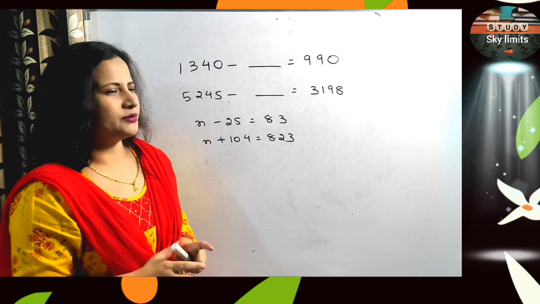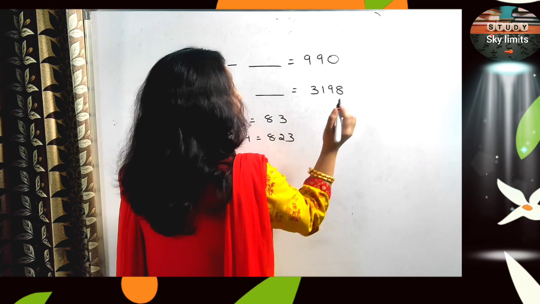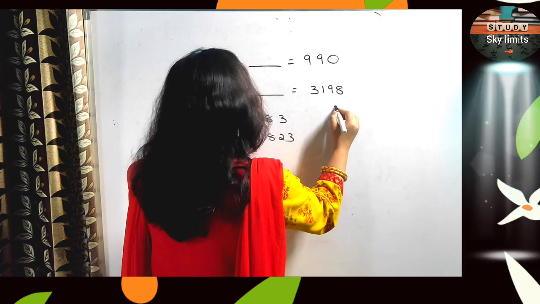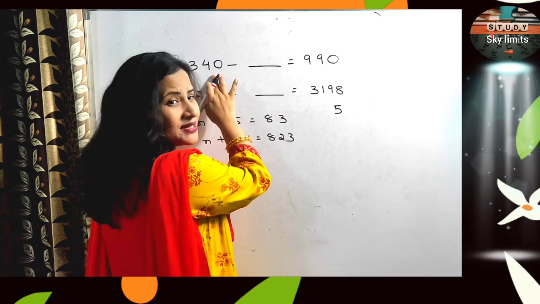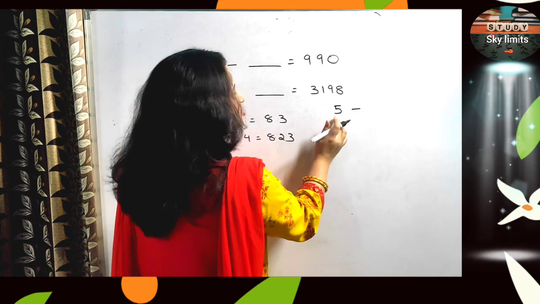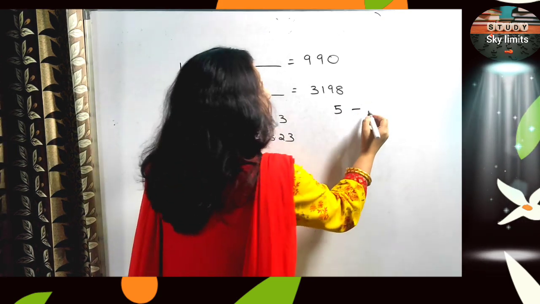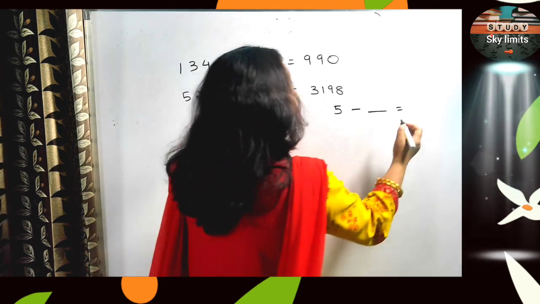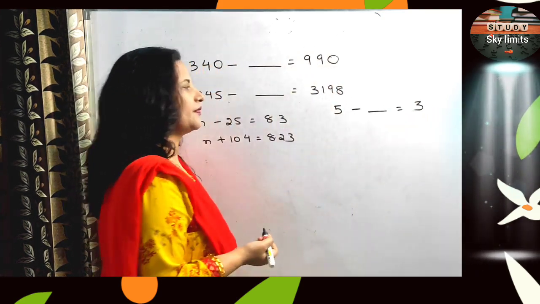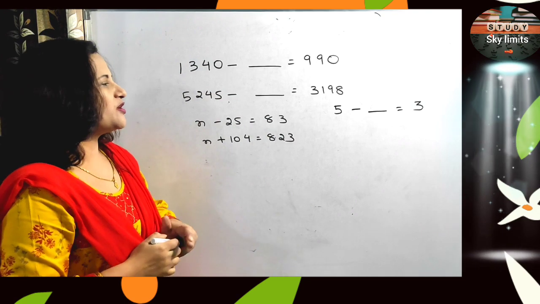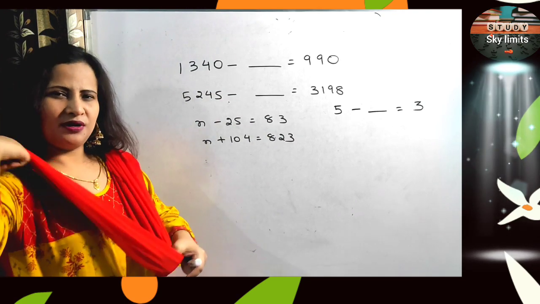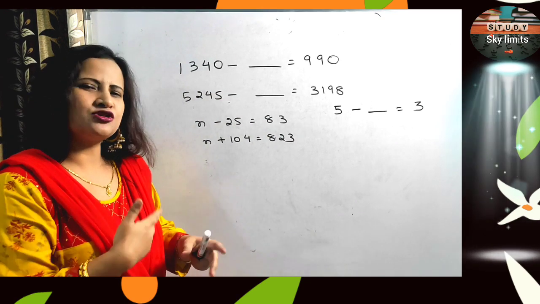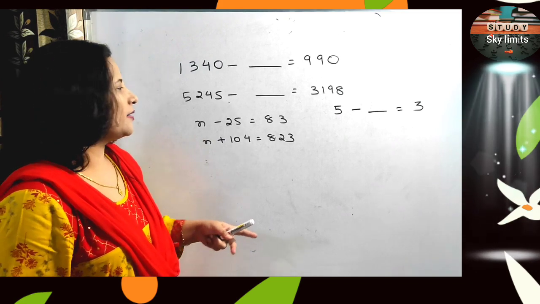Just think of a smaller number, okay? Just think of a very small number, like 5. Now the minuend is given to us. Take in place of the minuend any small number, minus what? And something, 5 minus something will be less than 5 only, obviously. So suppose I write 3. I write here 3. Understand the question in this manner. It will be more simple for you now. Once you learn the equations, you can solve by the equation method. That I will tell you, okay?